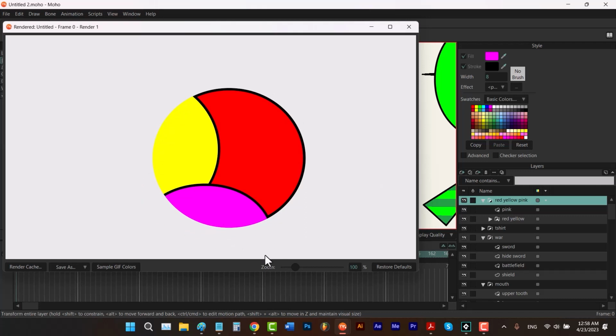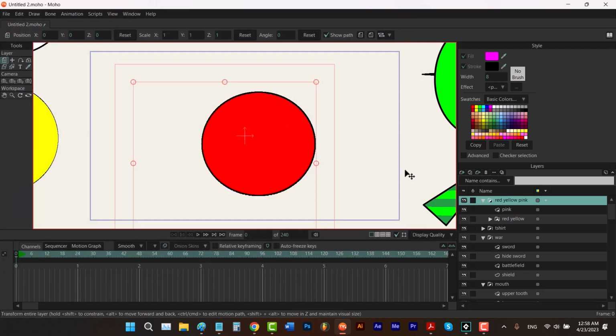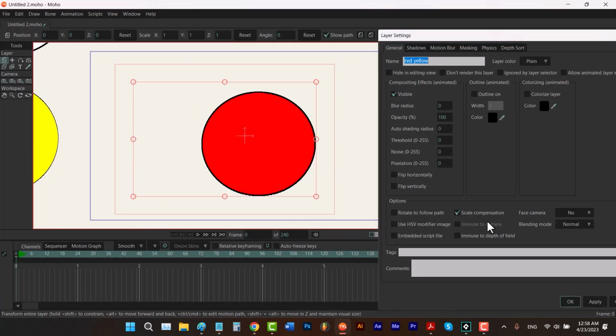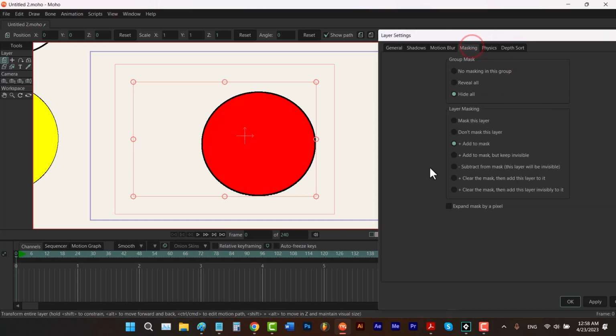See? I'm gonna close it and double click on this group, and go to the masking tab. And since it's a group and not a layer, we don't have the exclude strokes option here. What to do? There are a lot of ways to add a fake stroke around your shape, although when it comes to animating your shapes, it brings some problems. So I would highly recommend you use the way that I taught you in the t-shirt example. But if this is the way you've gone to exclude the strokes, I'm gonna click on OK.